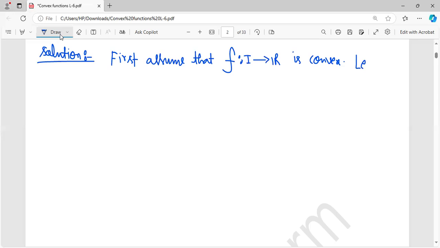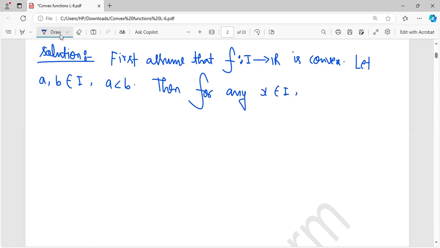So let a and b belong to I, a less than b. Then for any x belongs to I, in this way we have